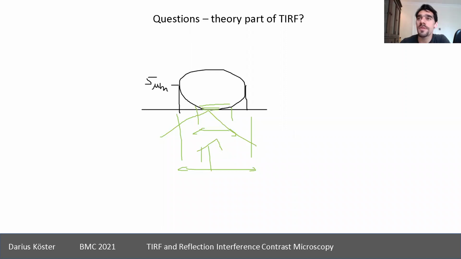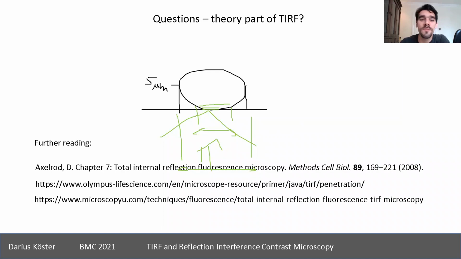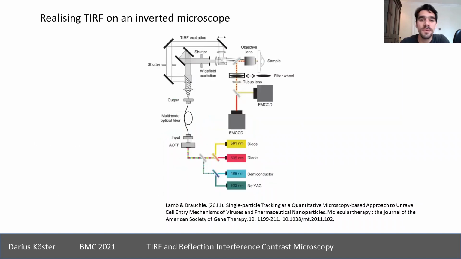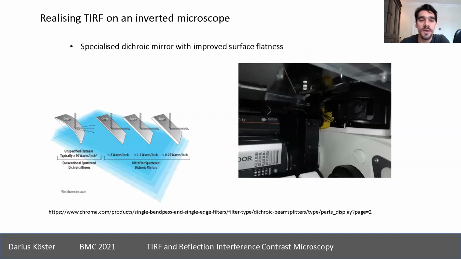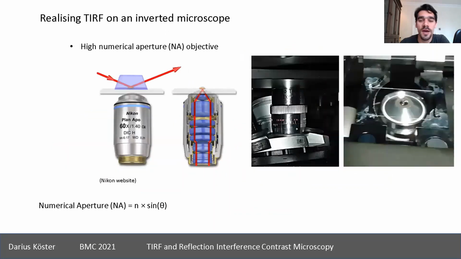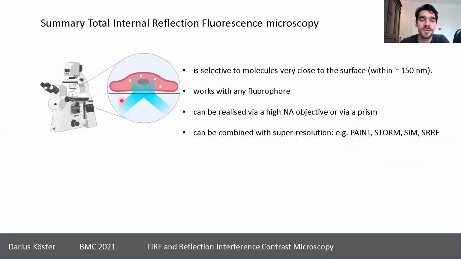There was one more thing I just remembered. I didn't put a slide about that. But there's something funny in between TIRF and non-TIRF, which is HiLo. Just to have mentioned it. So in HiLo, what happens is you're sort of just about to reach the critical angle. And then what you do is you can,